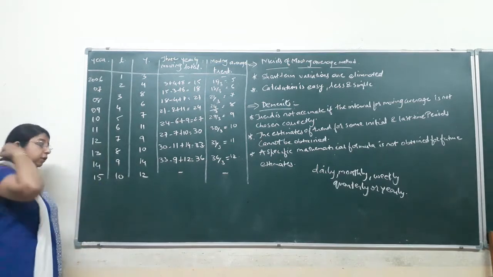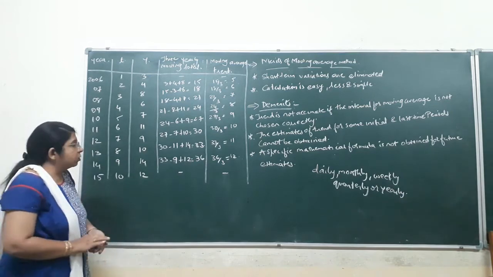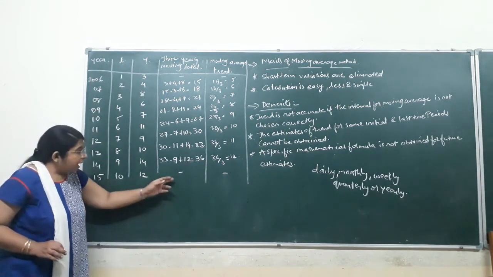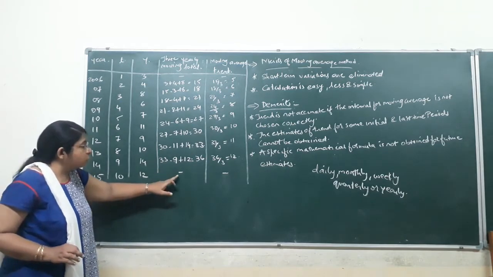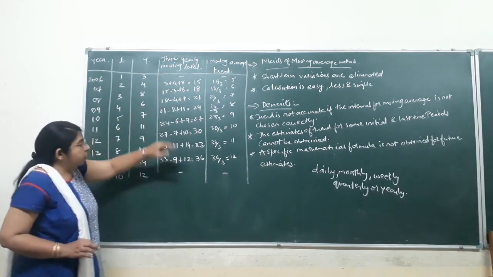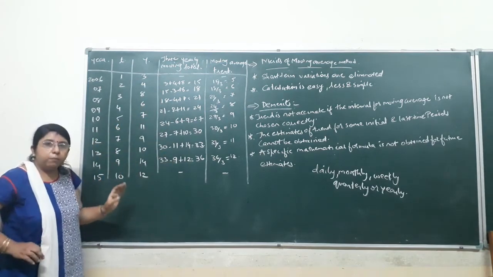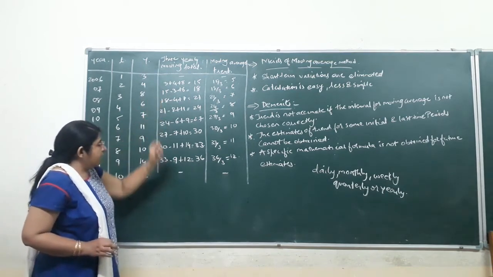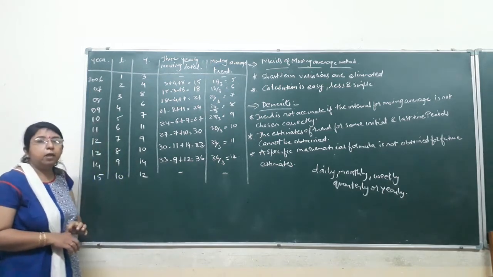Now see, for the last time period the total would remain nil, because there is no value after 12 given to you. So the last total you will not be able to get. So there will always be nil in the initial time period and the last time period. You have to remember that. And initially when you start doing this sum, put a dash in the first and last period, so that no mistake occurs while calculating the totals.